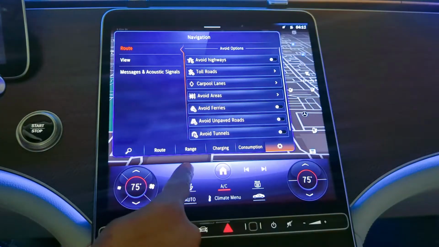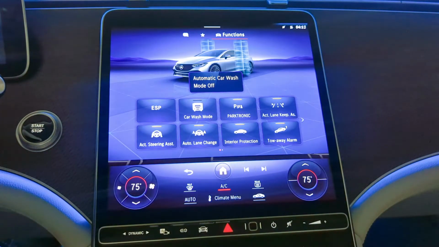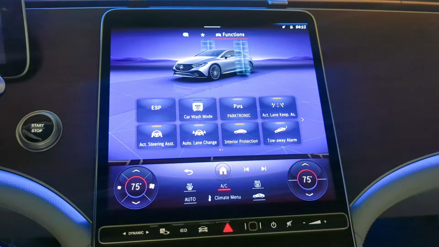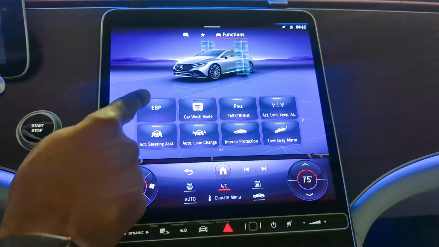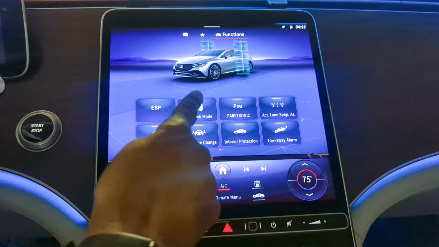Let's go back. So now we're back to our main home screen. The next thing I want to show you is this icon. Looks like a car or a vehicle. When I push that, it pulls down and gives me some quick favorites or functions. We have our electronic stability program we can turn on and off. This one is really cool. I don't really take my cars through automatic car washes, but if you do, if you touch this,